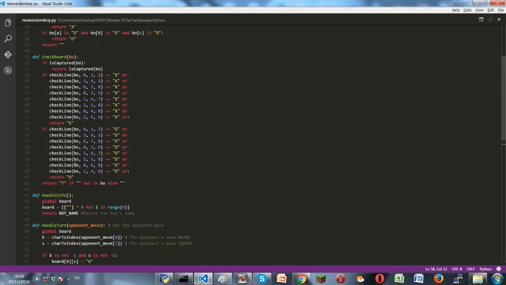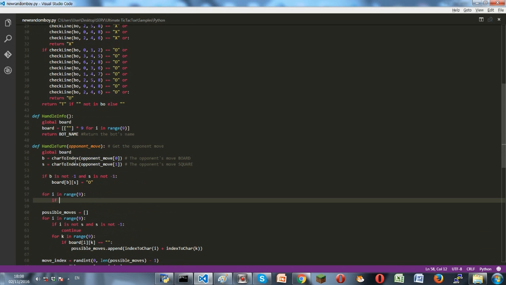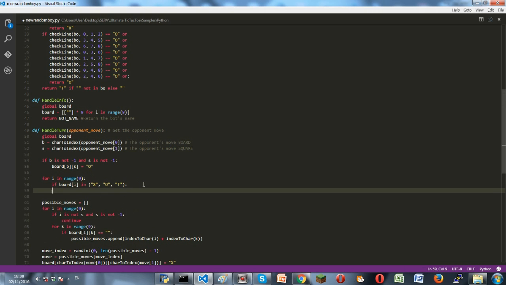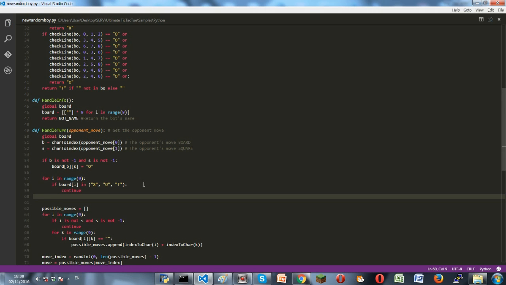if board I is in X O T, which means if it's tied, it's captured by X or by O. We don't have much to do there, so we continue. Otherwise,